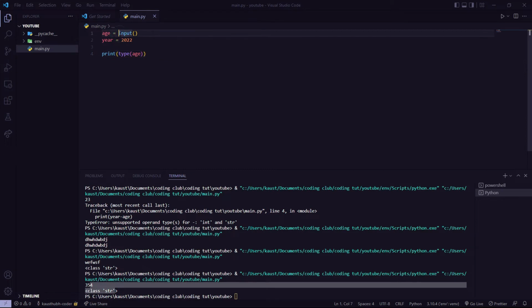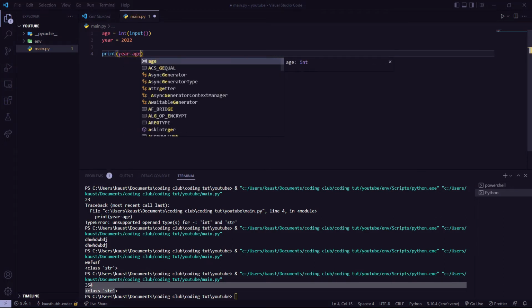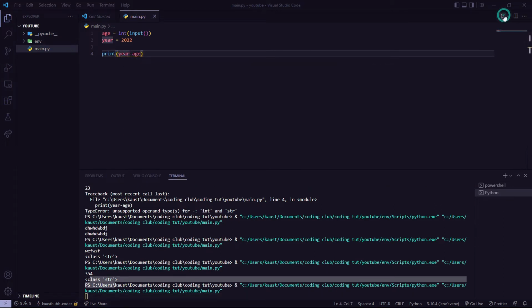So to convert any data type from string, if you want to turn a string into an integer, you can do int, and we'll make that input into an integer. If you want to make an integer into a string, you can do str like that, and that'll become a string. So now we should do print year minus age. That should work now. And if we type in